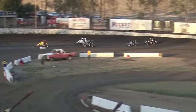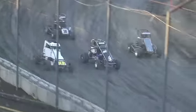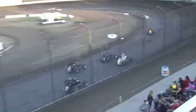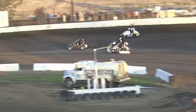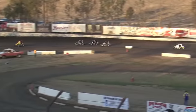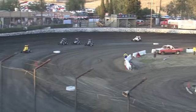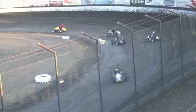Ooh, drifting up for second. This is a great race so far in this heat race. Lap number 3. And Hiroshima holding them off. Three wide for second, almost contact into turn number 1. Open wheel, you don't want to make too much contact. No, Tommy and I grew up with asphalt racing. You're allowed to beat and bang there. I don't know how much you'll get away with it in this division, though. Piccolo up to second, Kiefer back to third, and